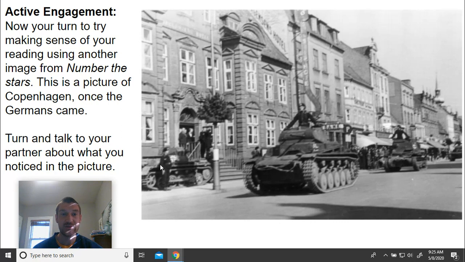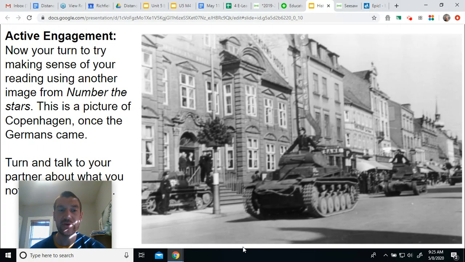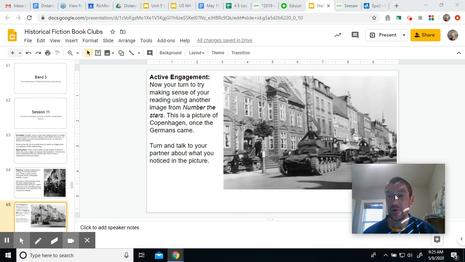Okay. To see these soldiers with their weapons, this invading army in the middle of your neighborhood where you lived. Okay. So this picture really helped me understand that a little bit better. Okay. Now, your job today is going to be to try and do this with our book club book, Just